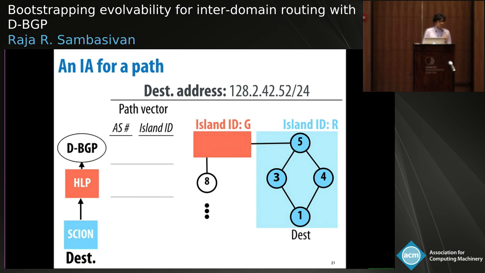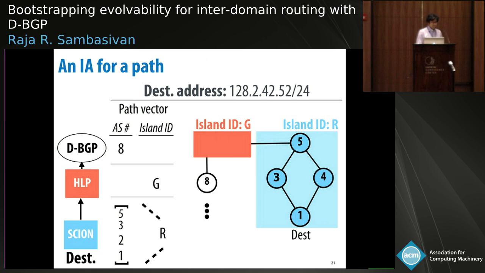So let's quickly go through how the path vector is encoded for a portion of an end-to-end routing path for the topology shown. The path traverses a Scion island, a HLP island, which uses link state internally, and a D-BGP AS. Since link state does not disseminate AS-level information, ASs are not shown for the HLP island. For this path, the D-BGP AS need only insert its AS number because it's just running an extended version of BGP, right? The HLP island only adds its island ID because it can't express its within-island paths in the path vector. The Scion island adds the AS numbers of all the within-island paths it offers to the AS number field to prevent potential loops. It encloses them in a set relationship to prevent other ASs from thinking the end-to-end path is too long. Finally, the Scion island adds its island ID and establishes a mapping between it and the AS